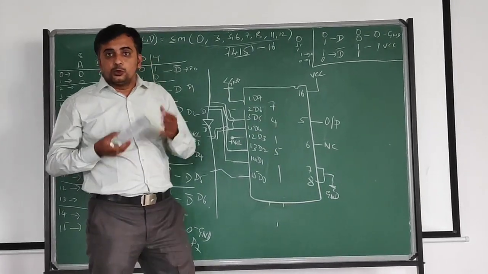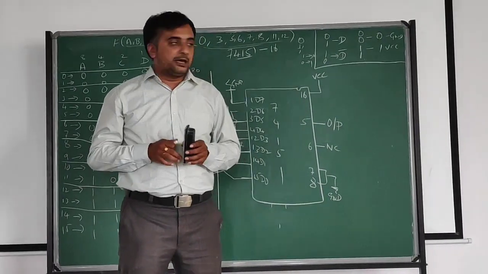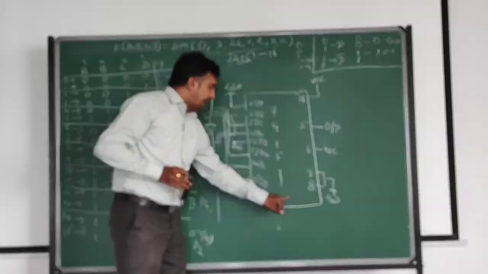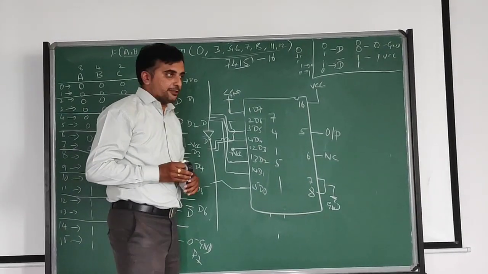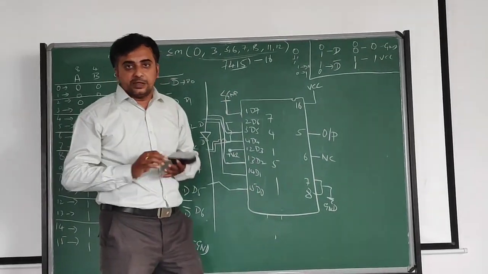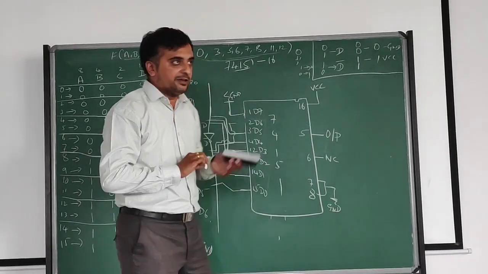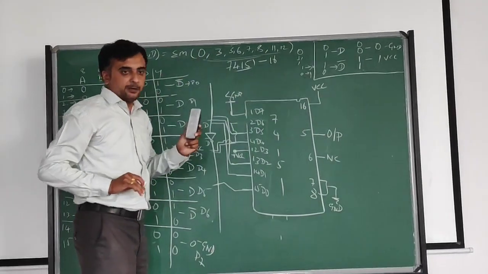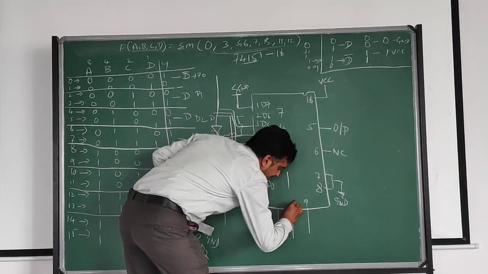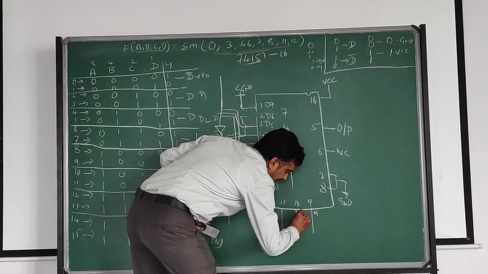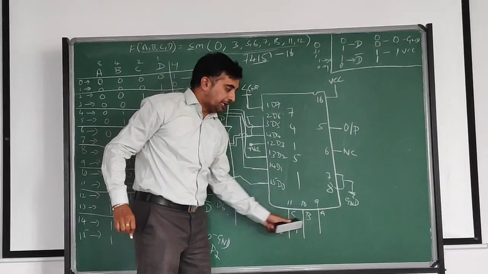So finally, we have to verify the multiplexer. How will we verify? Using the active line or select lines. How do we write the select lines? That is the major thing. Pins 9, 10, 11, these 3 pins are missing. So we have to write the select lines. For an 8:1 multiplexer, how many select lines? 3 select lines. For 4:1 there are 2, and for 2:1 there is 1 select line. Here we are constructing the 8:1 multiplexer, so we use 3 select lines, 9, 10 and 11. So we got A, B, C, and we have to connect 9, 10, 11.